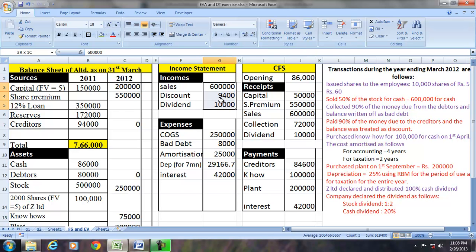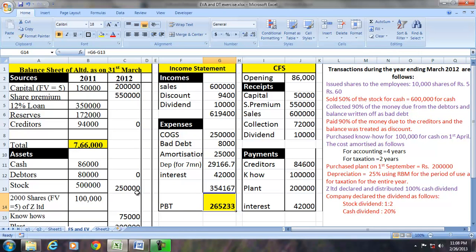Since there are no other transactions, let us find the PBT. PBT is income minus the expenses, and expenses are 354,000. We have profit before tax, so PBT is equal to 619,400 minus 354,157, so PBT is equal to